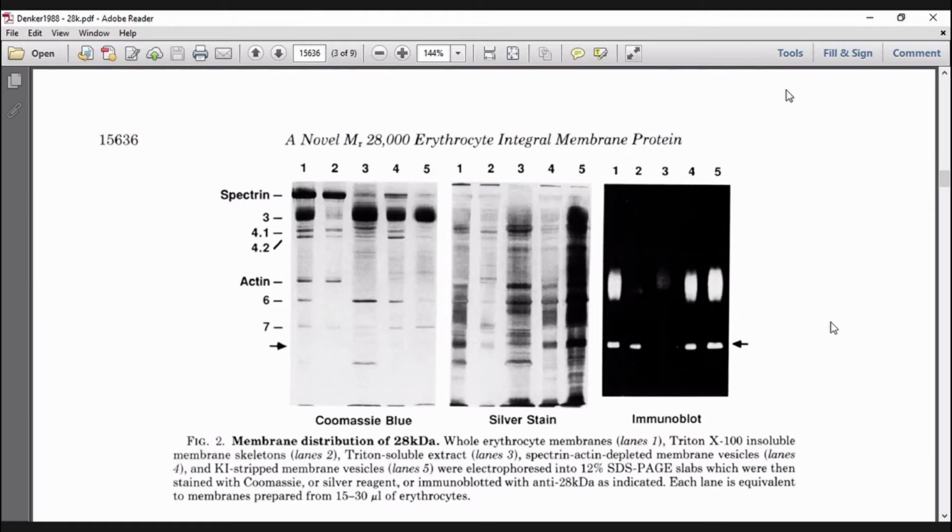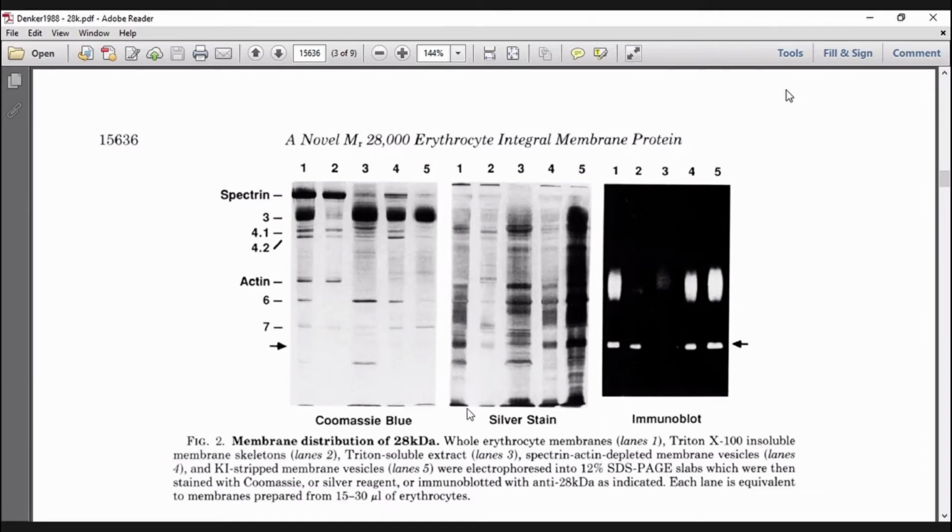Because kidney is the place where the filtration process happens. So it involves a lot of water there, just like red blood cell. Red blood cell, it needs water. So he discovered that, benda ni dia jumpa dekat dua tempat. One is dekat red blood cell, another one is dekat kidney. And then his conclusion, this molecule could be something that involves in the transportation of water. That's what his hypothesis lah.